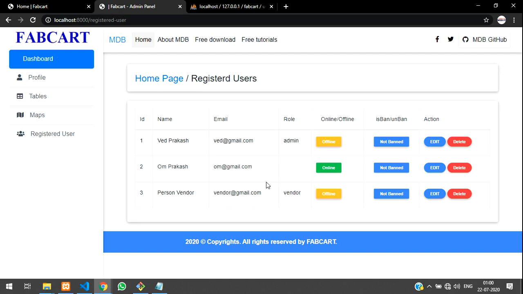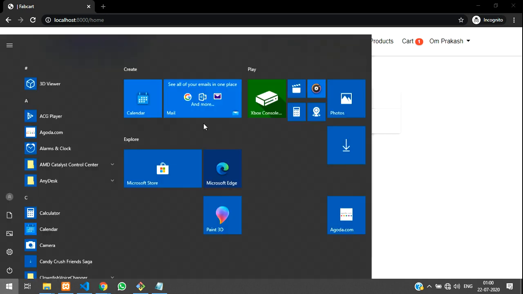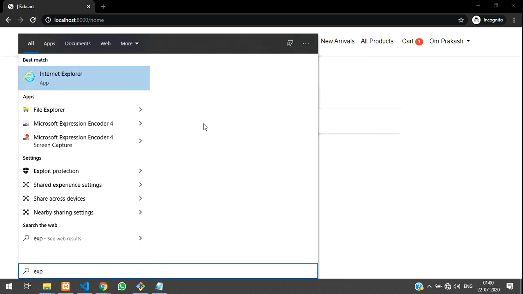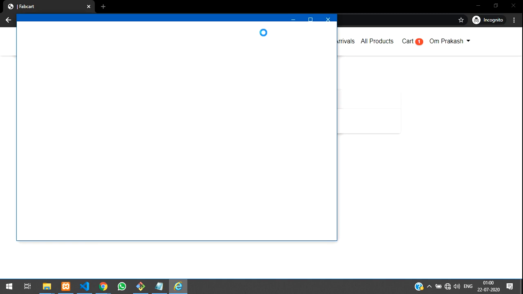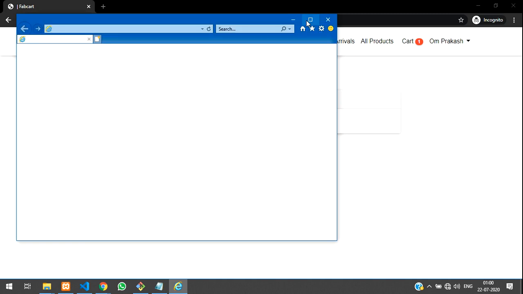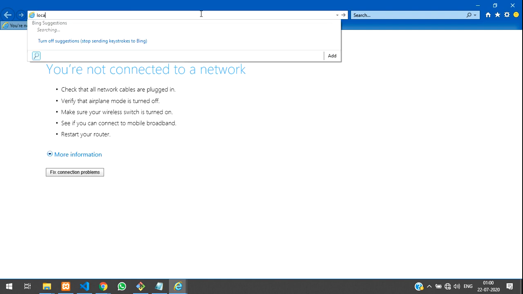Cool. Okay, let us see one more user where we cannot log in over here. Let me use Internet Explorer. We will use this now to log in and check. This is too slow, Internet Explorer.